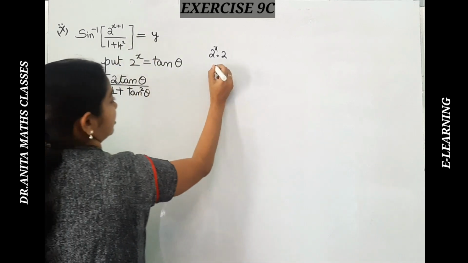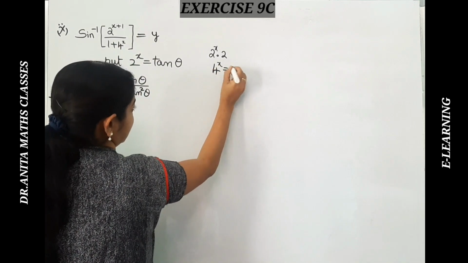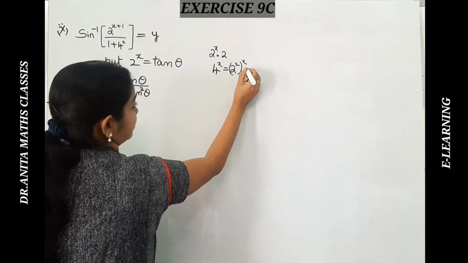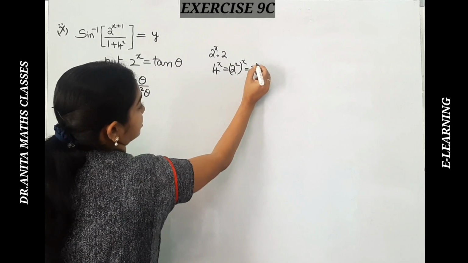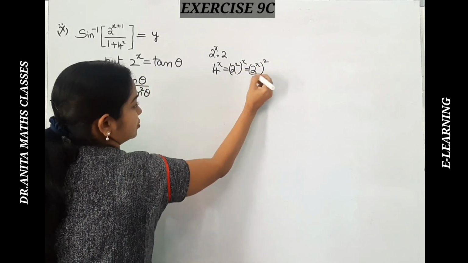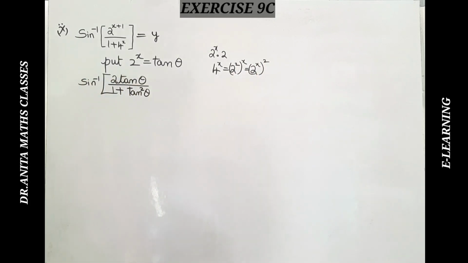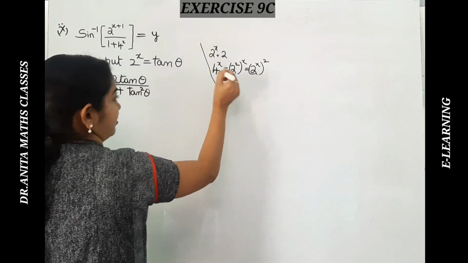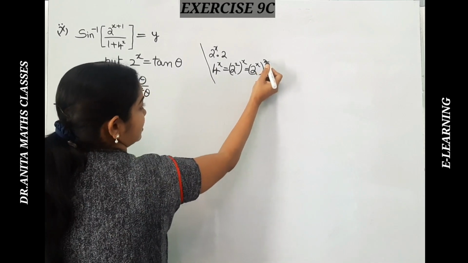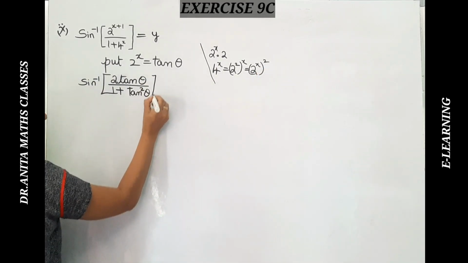Here the same thing, 4x, I am writing it as 2 raised to the power of 2 whole to the power of x, that becomes 2 raised to the power of x whole square. You can interchange, right? This is the rough part here. So 2 raised to the power of x is tan, so tan square. So I have resolved it.